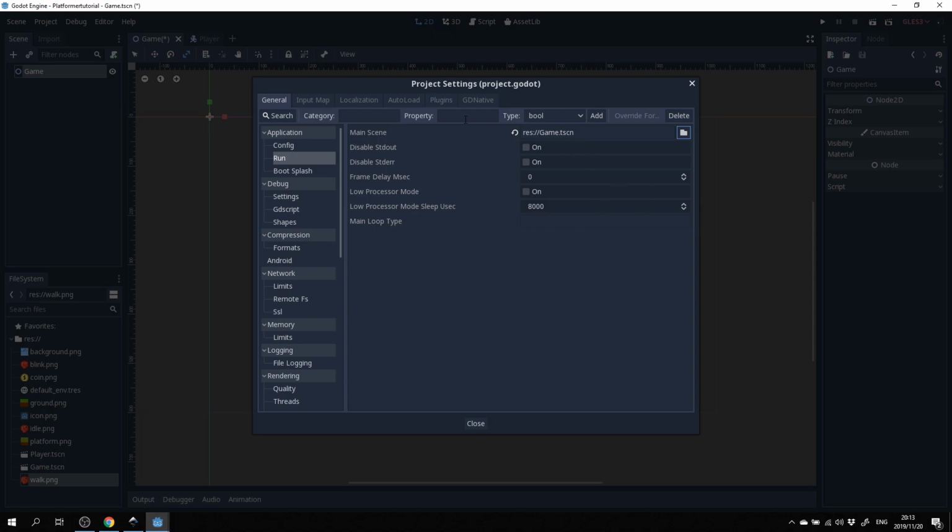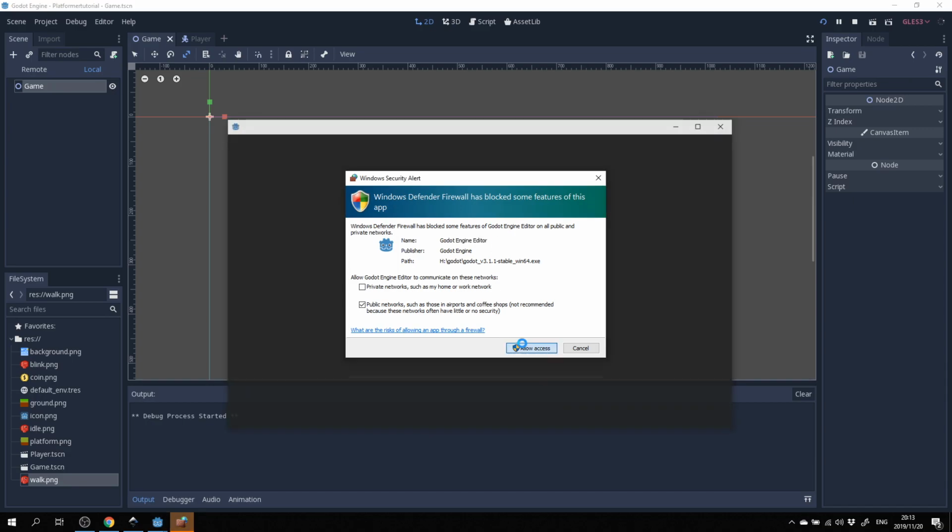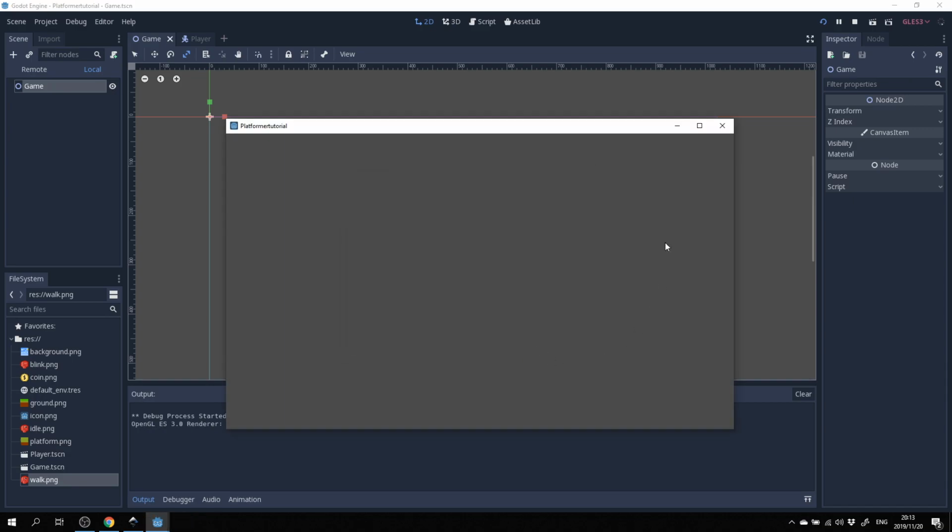For the most part you might want to add your menu of your game or your GUI, your startup menu in here, so you can manipulate this any way you like, and that's why I'm showing it to you, so that you know how to do that. So you can just hit close and we should be able to run the game now, even though we won't see anything at this point.